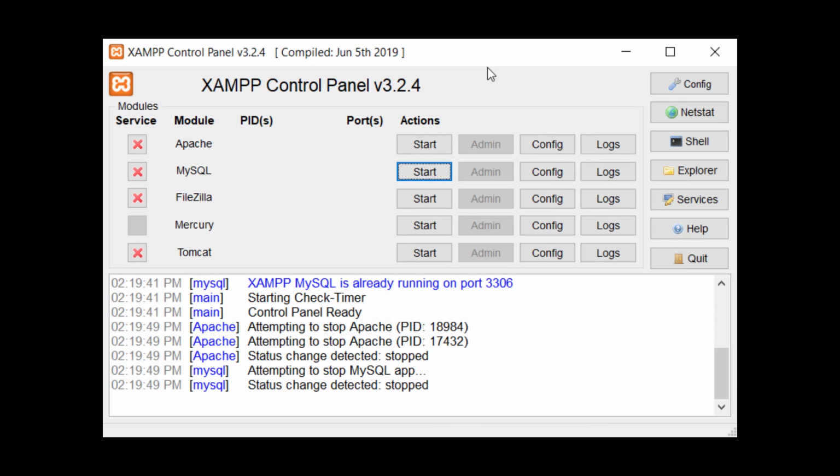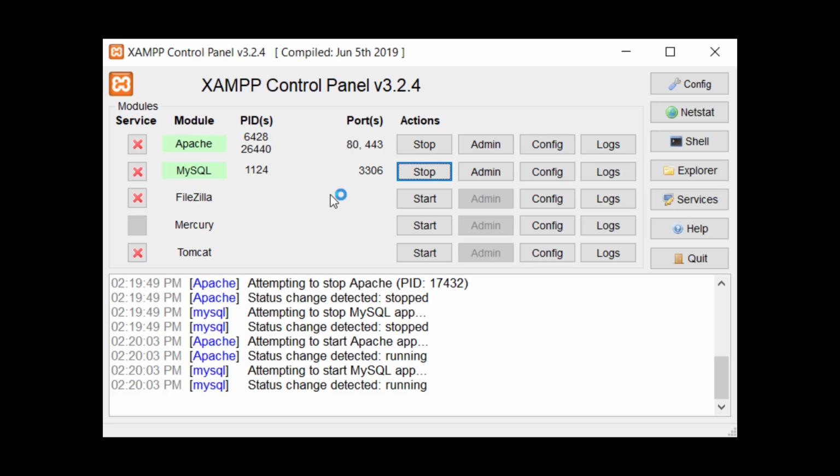Once the installation is done, open the XAMPP control panel. Here you have to run two components, Apache and MySQL. So simply click on the corresponding start buttons. Depending upon the resources of your system, it may take a few seconds to start. Each of these components requires some port to work. For example, the MySQL will be accessible on the port 3306 and Apache server for HTTP and HTTPS access will run on 80 and 443 port.